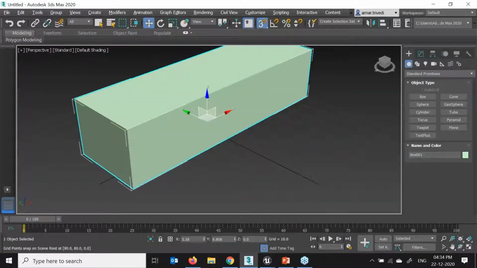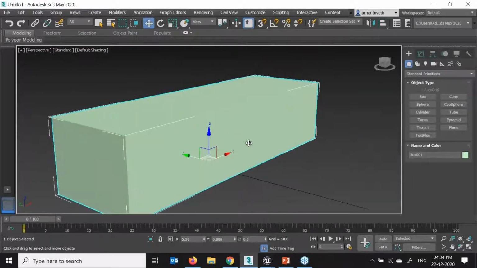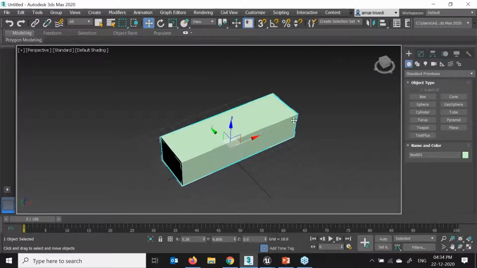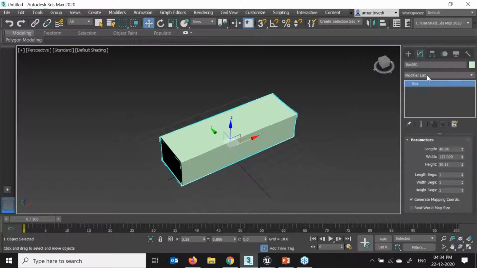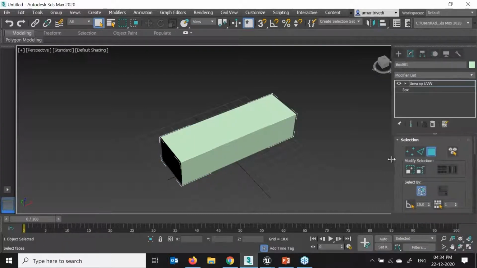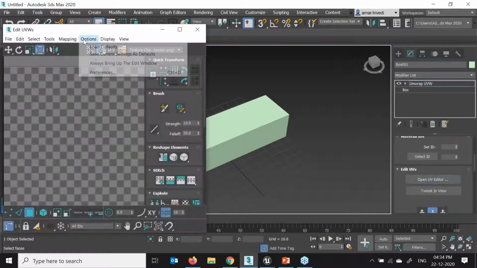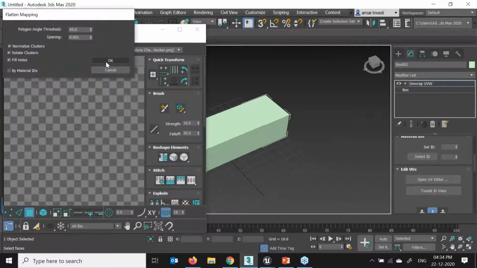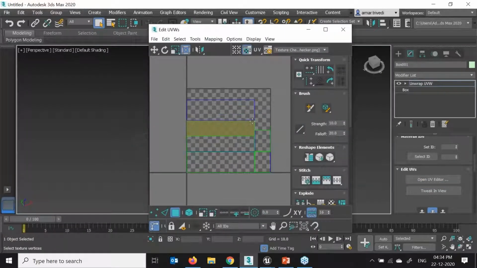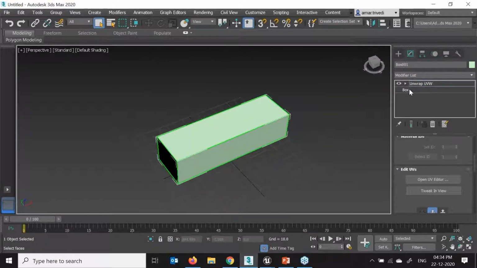This is one shape which I have created in 3D Max or any Maya software. If I want to import into Unreal, before importing into Unreal, the UV has to be properly opened in the respective software. So this is the simple cube rectangle which I have created. Now simply I'll apply the Unwrap UVW map, correct? I'll go over here and say open UV editor and simply I'll say options, modeling and the flatten mapping. So my UVs get opened over here. Now what I'll do, I'll just unselect